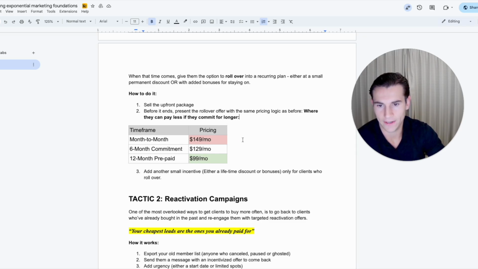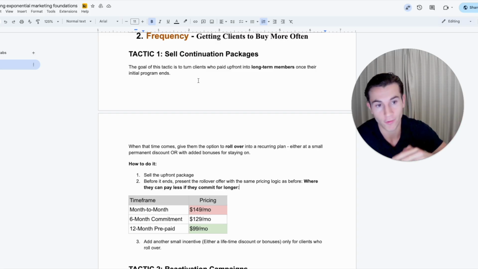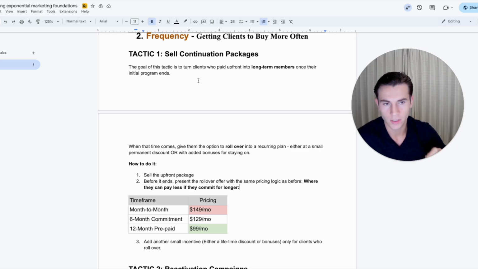at $99. Okay, so to explain this, what I mean is, for example, let's say someone paid $800 for 4 months, and let's say it's month 2.5, month 3-ish, in that range. You don't want to do this right at the end of their contract or at the end of their 4 months, because most of the time around that you're going to have a lot harder time selling them. So you want to do this around month 2, month 3, somewhere 2/3 is a good mark.